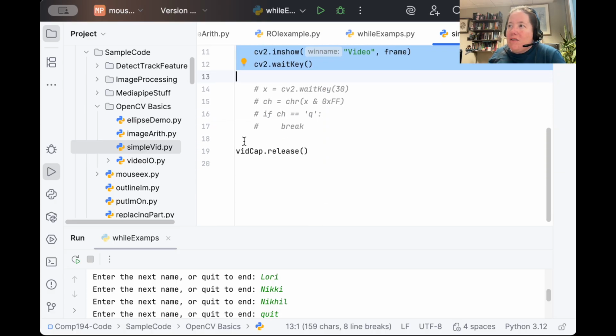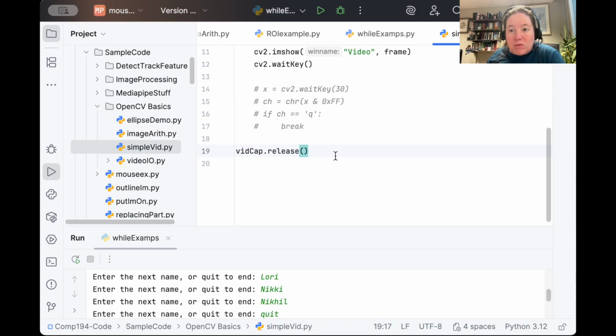And then down at the bottom, we have one command at the end of everything, which is vidcap.release. This is a really good idea because it's your program telling the operating system, I'm done with the camera, release it, you can have the camera back. If you don't put this command in your program, there is a small chance that the operating system will not notice that your program is done with the camera